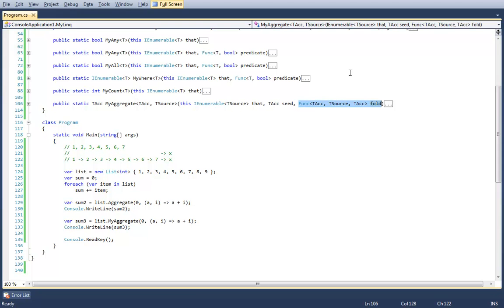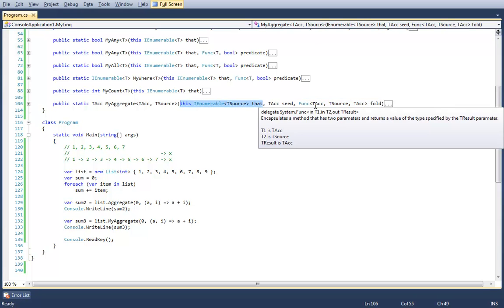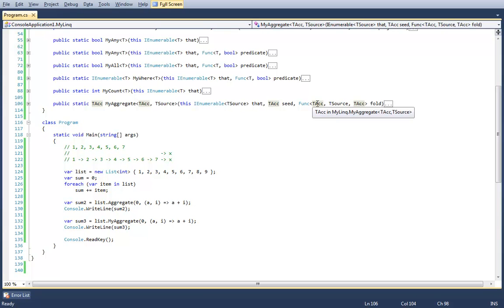It's a delegate that takes in an Acc and a source and returns an Acc. So you should be able to get a feeling that the function you pass in is going to take an item out of this source collection, and it's going to take in some sort of Acc. We can maybe even infer from the signature that it will take in something related to the seed, and it will return a new Acc.